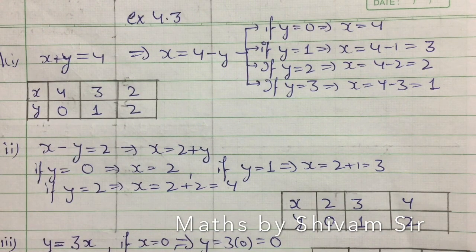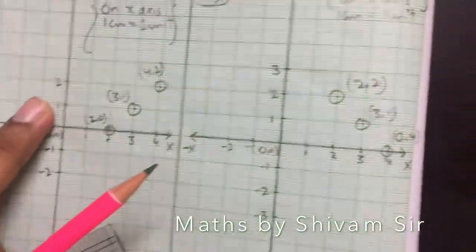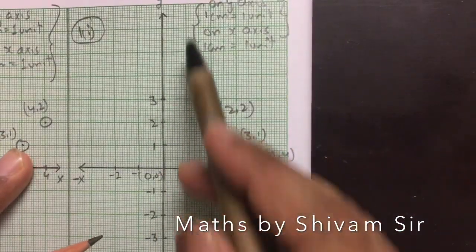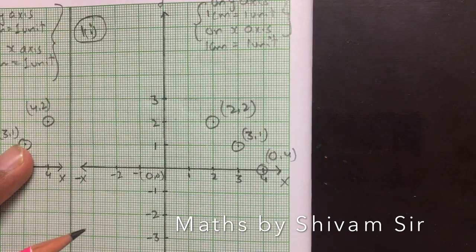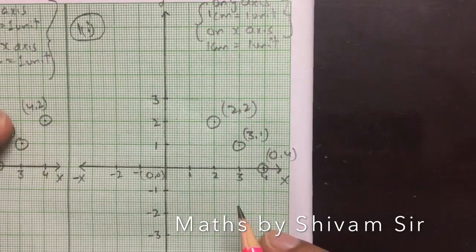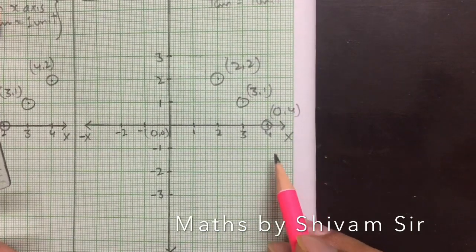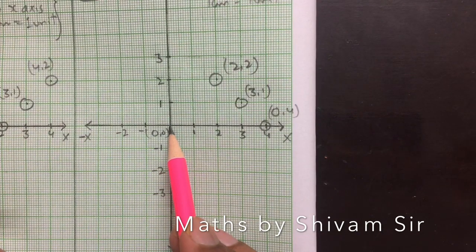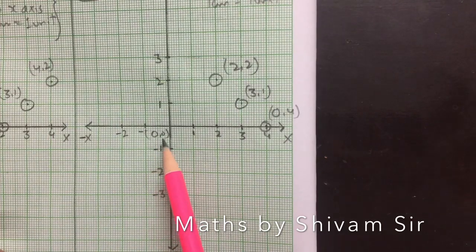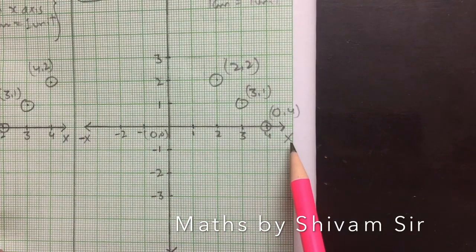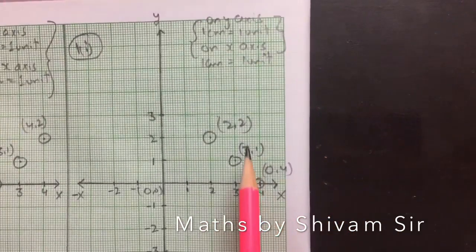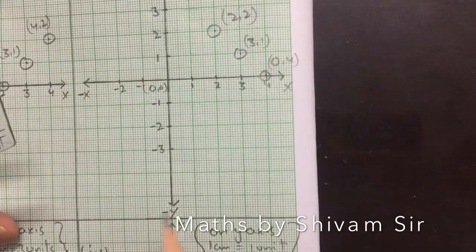Now it is very important how to plot its graph. For plotting the graph you should be very careful. Firstly, this is the graph of this question. Whenever you plot a graph, just remember to mention the axes. Here this is the midpoint, the point where the two coordinate axes intersect, the origin 0, 0. This axis is the x axis. Here I have written plus x, this is minus x. This axis is the y axis. Here I have written plus y, this is minus y.